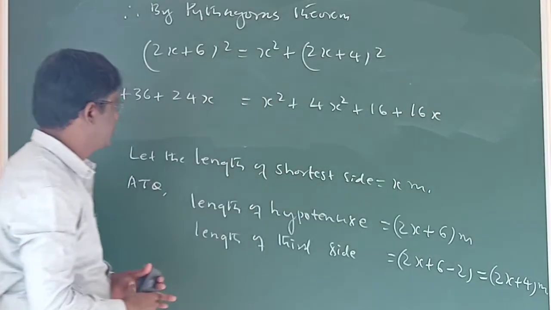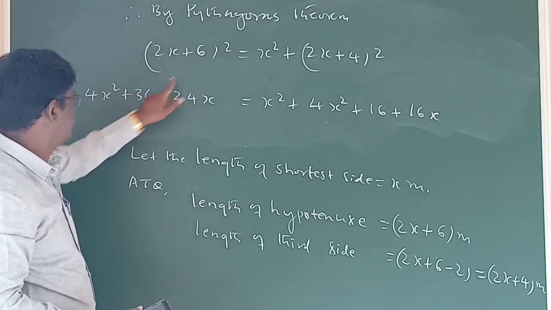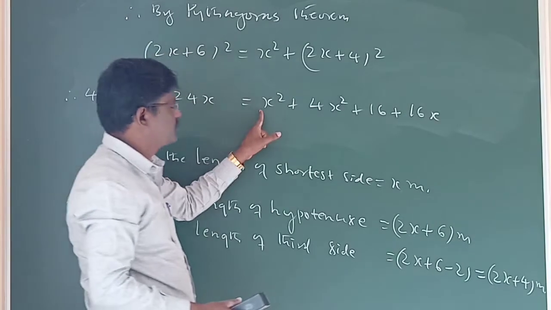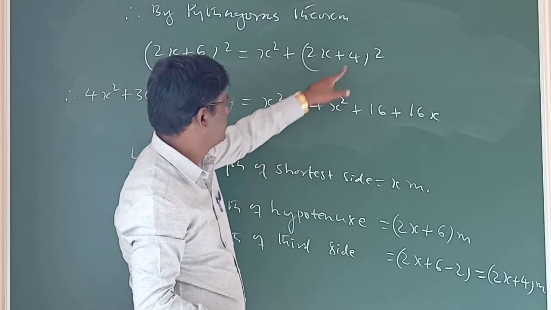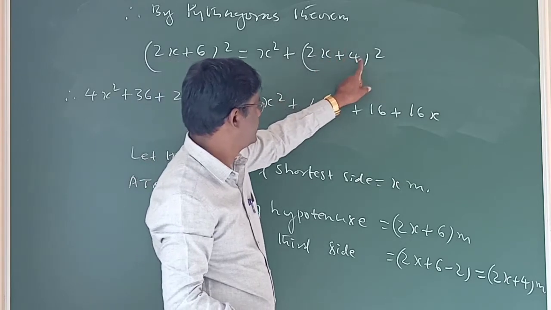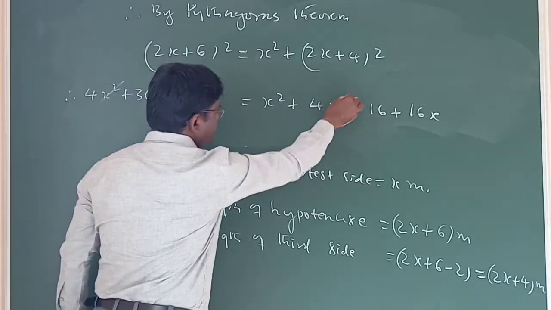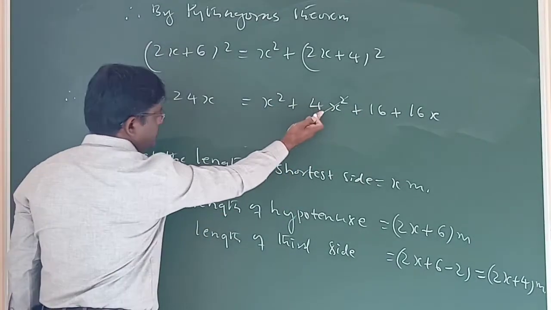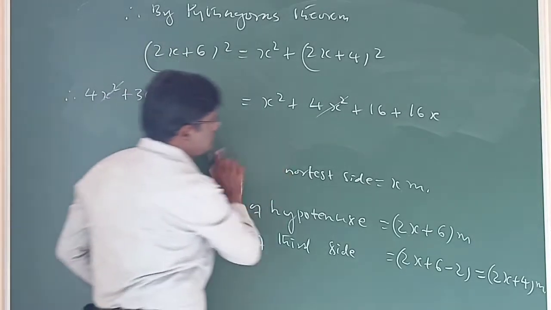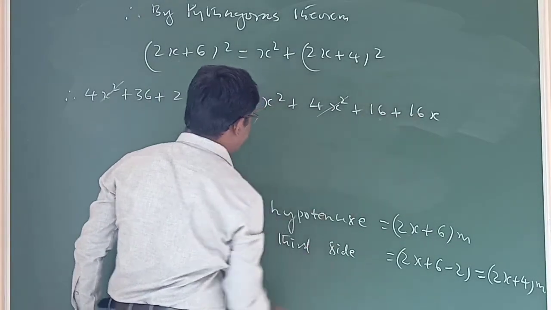Once again we shall check and then proceed. x square, yes, 4x, (2x) whole square, 6 square, 2 twos are 4, 4 into 6, 24x. x square, (2x) whole square, 4 square, 2ab, 2 into 2, 4, 4 fours are 16x. Now therefore, see here, 4x square gets cancelled, because when plus is shifted to the left hand side, you know it. Now let us simplify this. Here also these are in the simplest form.